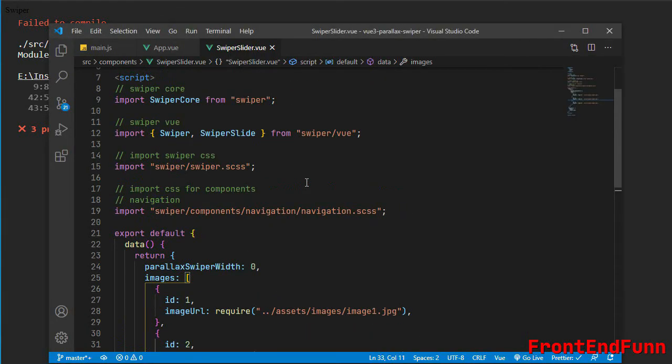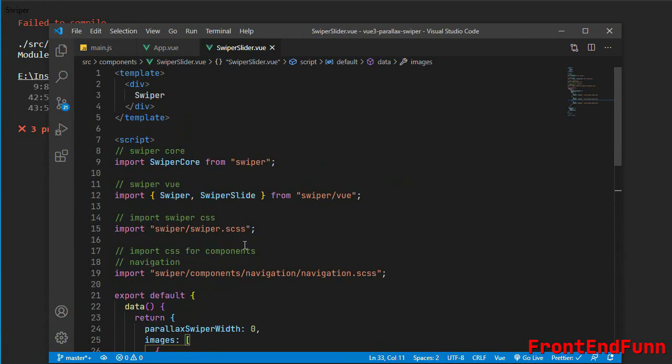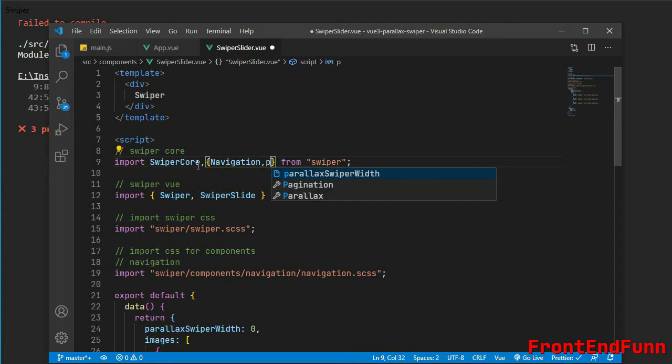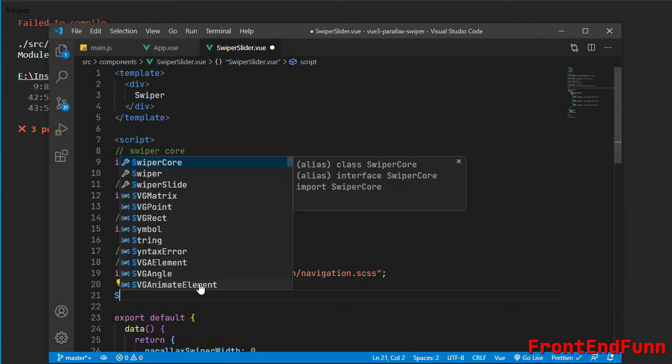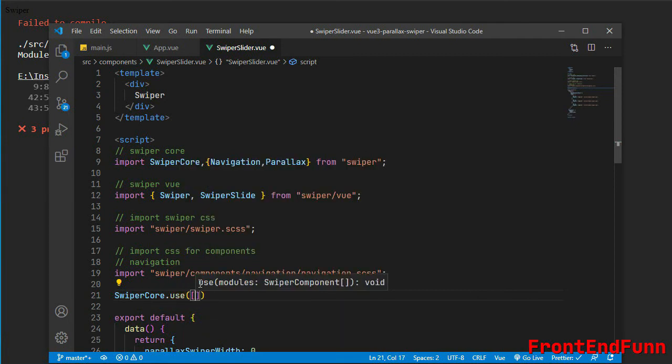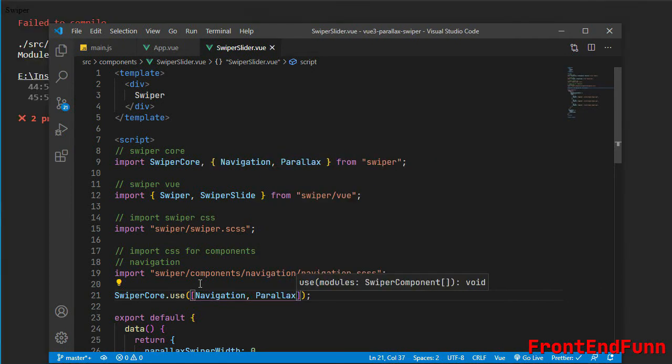So let's use this. SwiperCore is used to initialize the navigation as well as the parallax effect. First we need to import these two modules from here, the Navigation module and the Parallax module. Then we need to use SwiperCore.use, passing the Navigation as well as the Parallax.